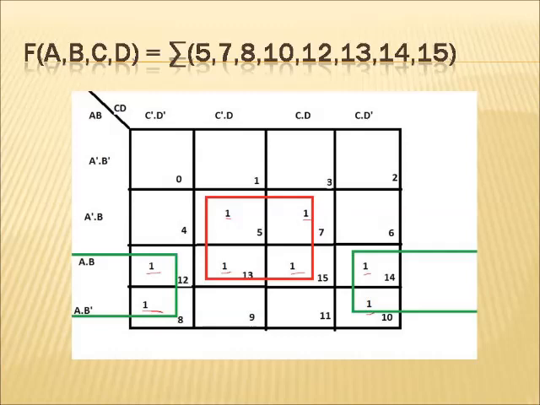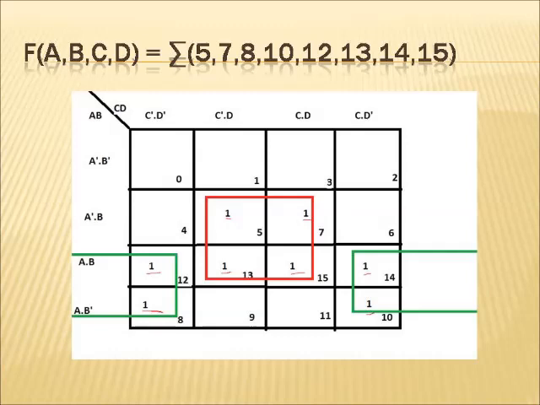Now I am forming another group. The other group is 12, 8, 14 and 10. As you can see, I'm joining the leftmost two cells and rightmost two cells to form the quad, right? So the quad means four elements. The four elements are 8, 12, 14, 10. So I am using the green line to mark the group.